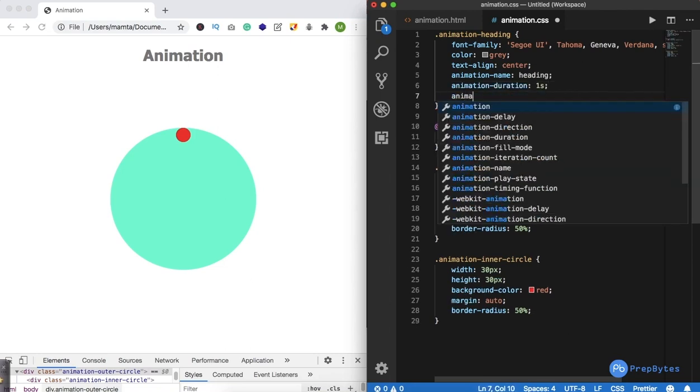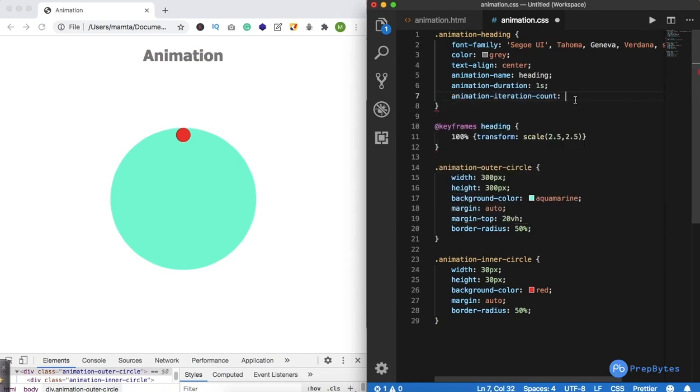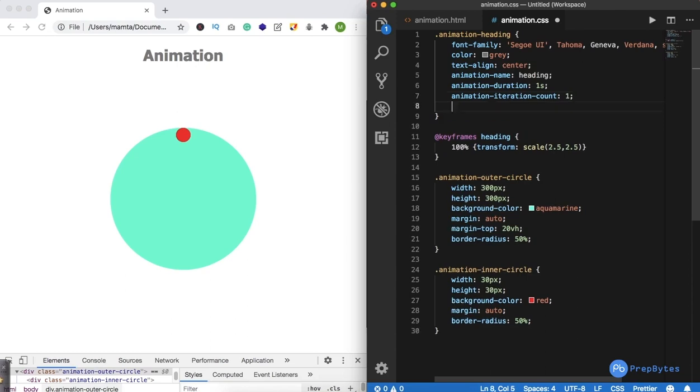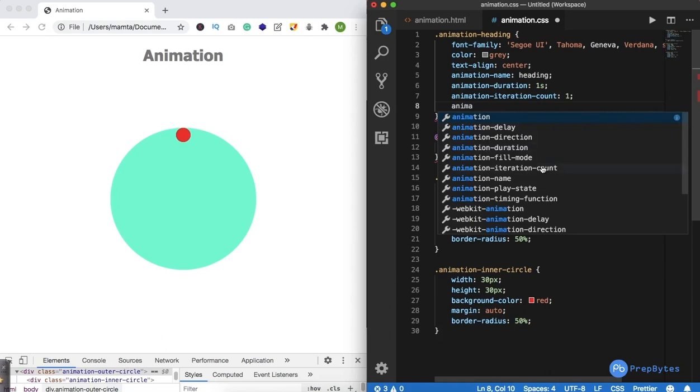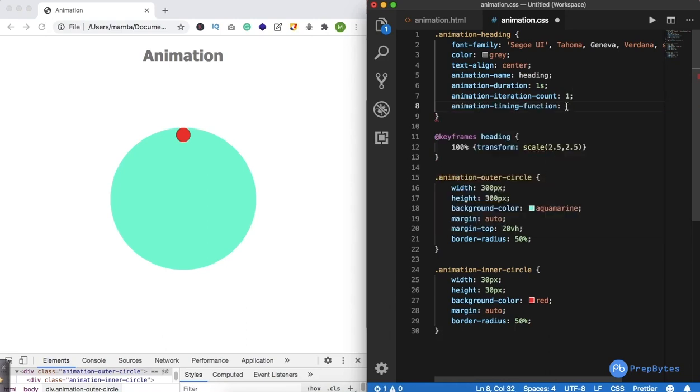Then we have animation iteration count, how many times it's going to happen. If I do it one time, it will happen only one time. If I do 2, 3, or if you want it to happen continuously, you can do infinite. We will see that as well. The other thing is animation-timing-function. Right now we'll keep it default. By default it is ease, the ease that we saw in transition.